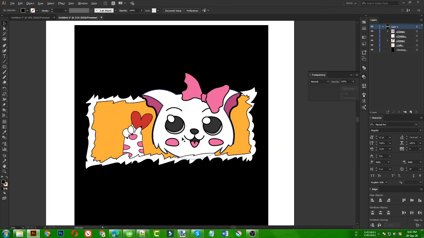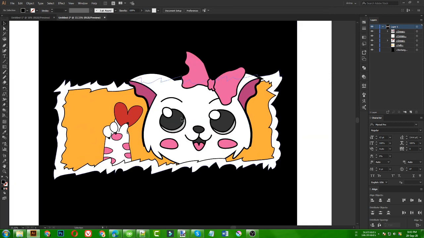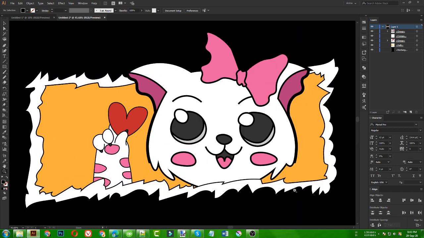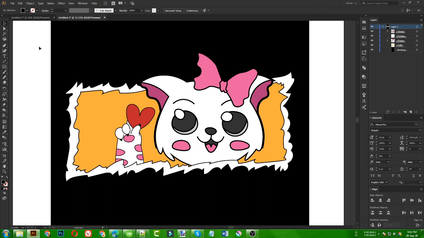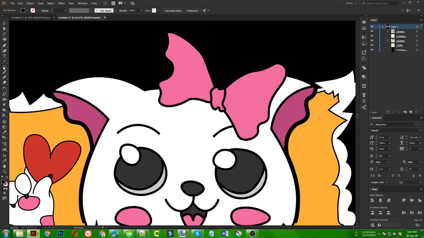So guys, this is the final design, and you may have seen this kind of designs or images in real life, but I have never seen a t-shirt design like this. So I thought to make one myself, because whenever you are making something unique, you are making a chance to get some sales. So that is the reason I made this one. I hope this one will give you some idea, guys.